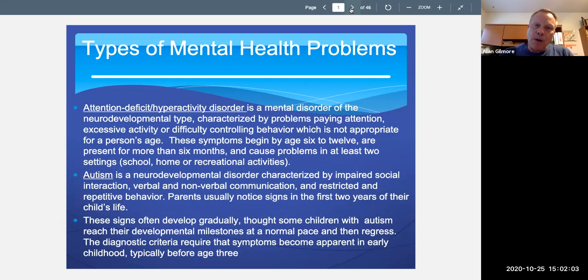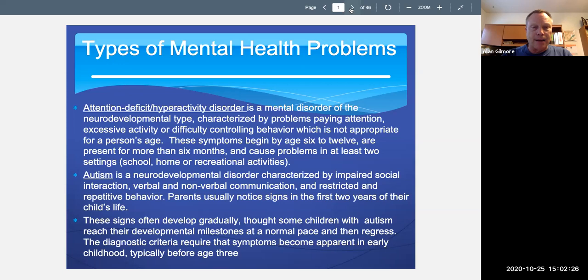Attention deficit hyperactivity disorder. This is a mental disorder of the neurodevelopmental type, characterized by problems regarding paying attention, excessive activity, or difficulty controlling behavior, which is not appropriate for a person's age. These symptoms can begin at age 6 to 12, are present for more than 6 months, and cause problems in